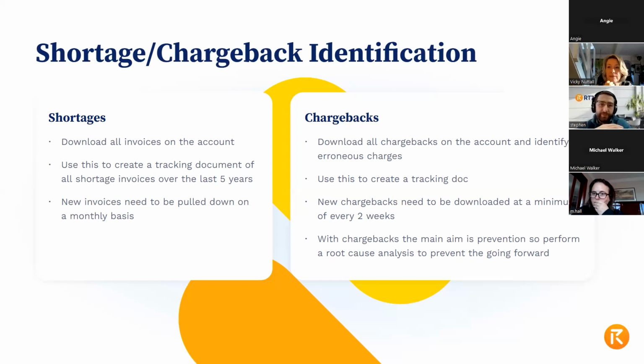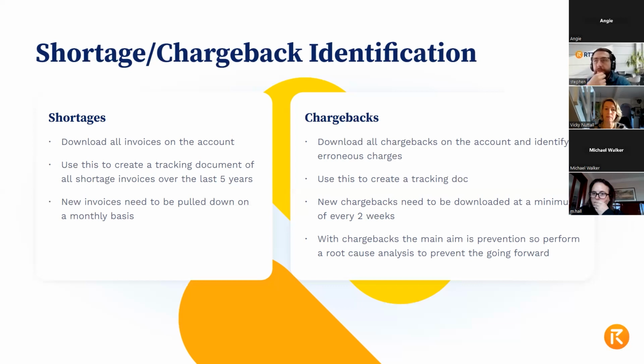So let's just carry on from that £100. And obviously we're looking for values hopefully a bit higher than £30–40. So that's the shortages piece. Depending on the size of an account, it can be quite an exercise to process that level of data, which is why I recommend trying to get it to a point where you can then manage it on an ongoing monthly basis as they happen.